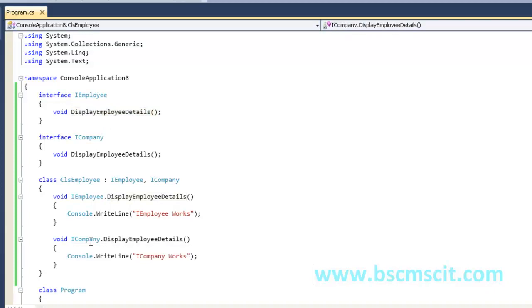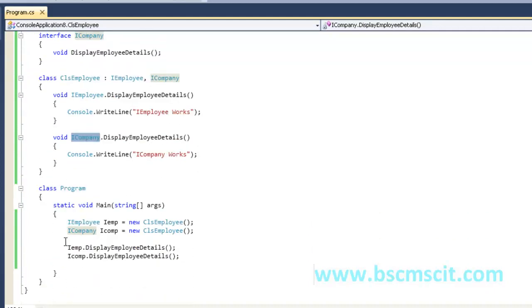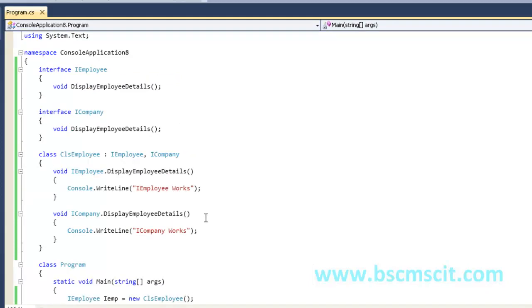The compiler will distinguish between both the interfaces and their signatures automatically, as it did here. As you can see, both the different messages have been displayed. So this is how we can implement the explicit way of implementing the interface.